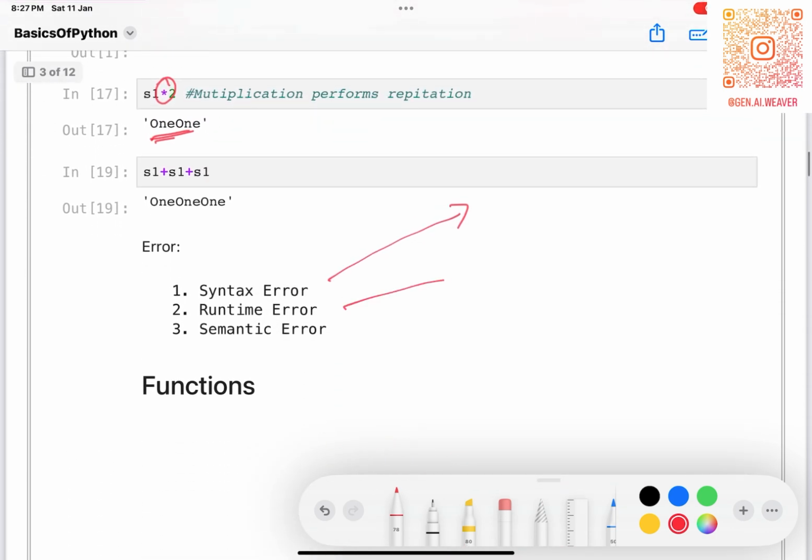A runtime error, which is caused when you run any particular program, and in the execution of that particular program, something irrelevant happens, like you divide by 0. So it will return you the runtime error. Or